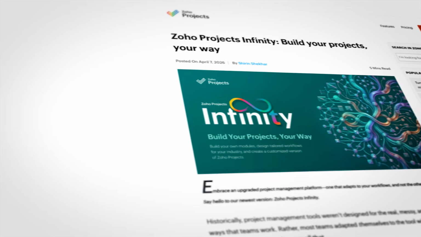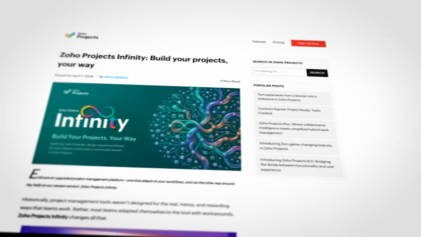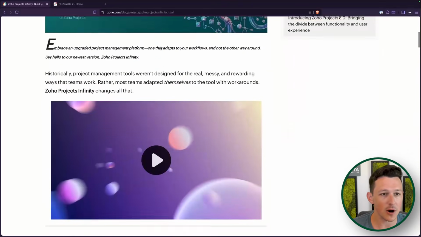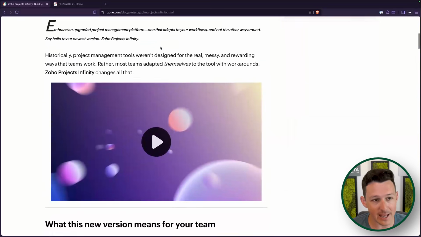So we're going to take a quick look at the article and then actually jump into Zoho Projects and take a look at these new features right now. So with that, let us jump right on in. Here we are inside of the article. We'll use this just to quickly cover the main features that are being added. Again, just as a reminder, this should be included in your existing edition of Zoho Projects, not a new pricing